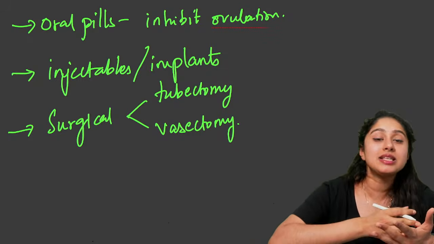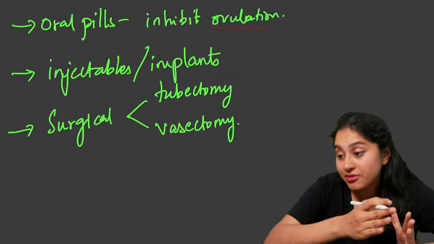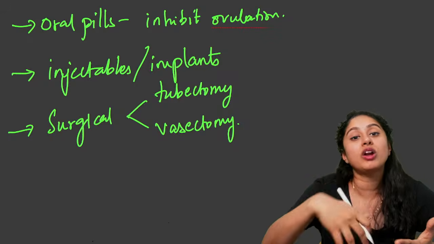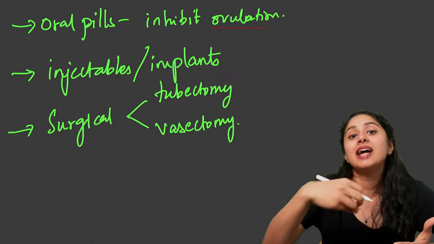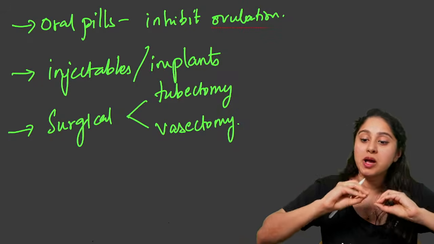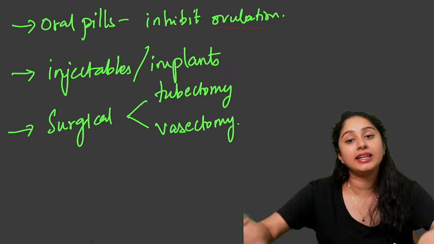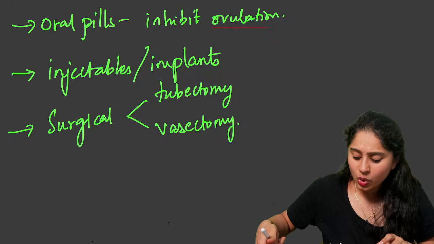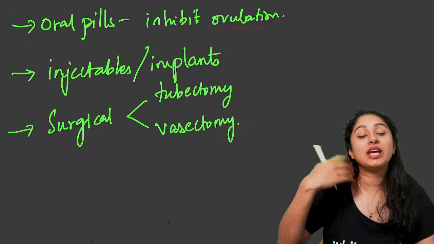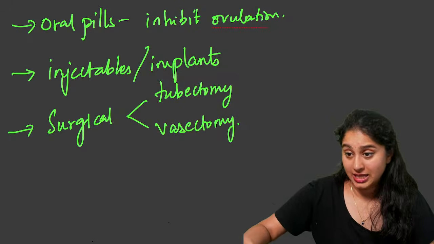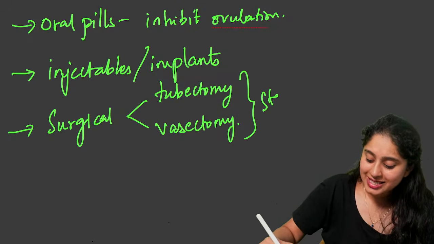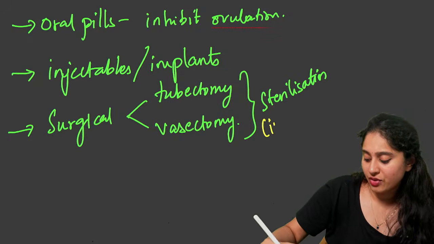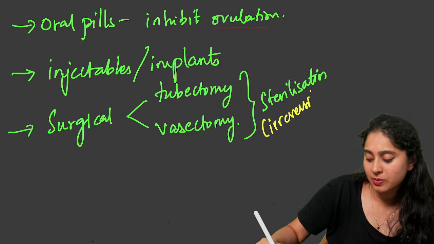Now, vasectomy is where we cut the vas deferens and stitch it. As a result, the sperm will not be deposited into the female tract at all. The sperms will just degenerate and die there. They will not come to the outside. So you can understand that there will be no chances of pregnancy. Both of these are sterilization techniques and cannot be reversed. It is an irreversible technique.